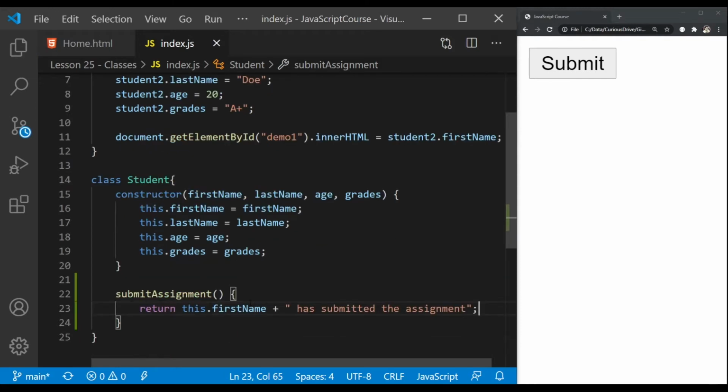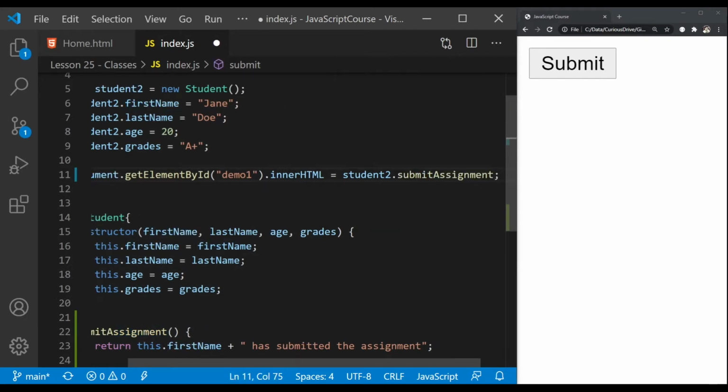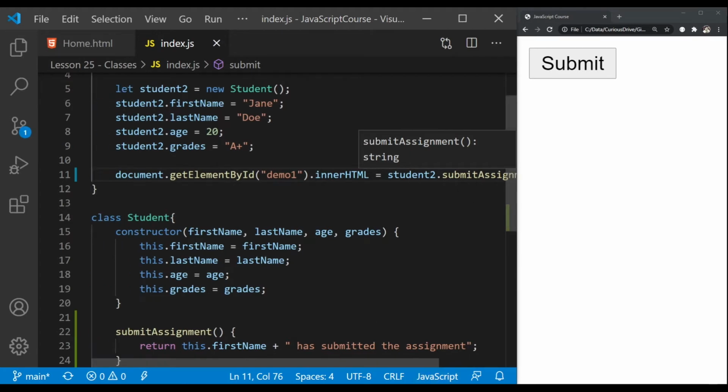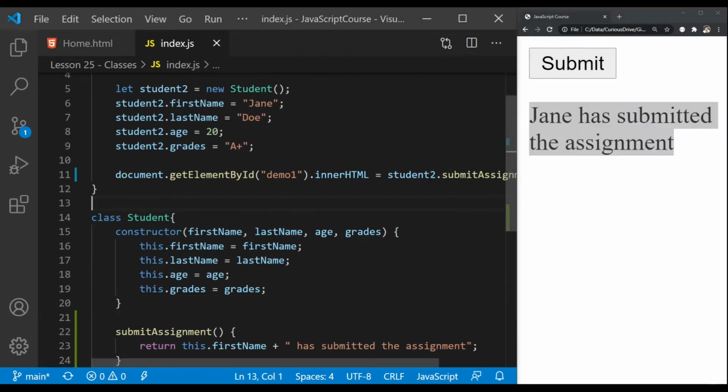Now if I want to invoke this function, I'm going to copy that function name and put it here, where first name was getting assigned to our demo1 paragraph. And instead of that, I'm going to invoke the submit assignment function of the student2 class. Now if I refresh the page and click on submit, it's going to print Jane has submitted the assignment because